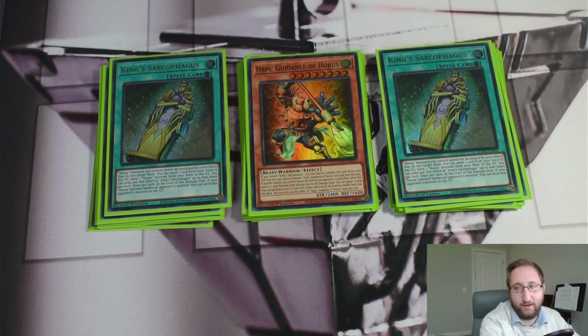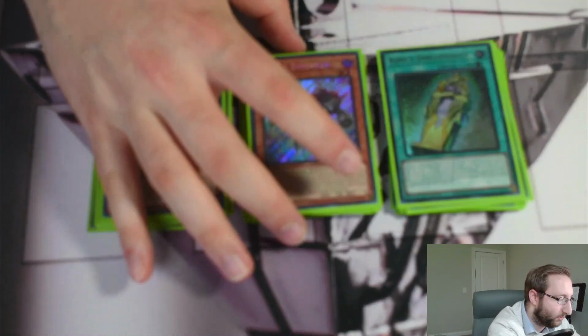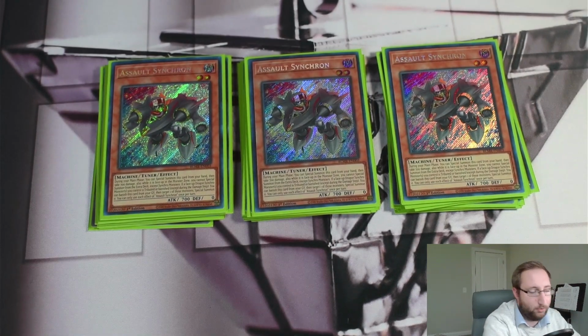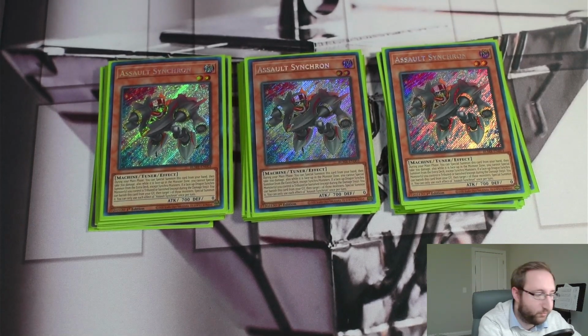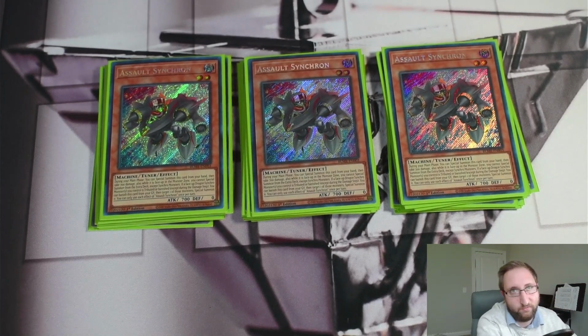And then where things get a little bit different is I'm actually main decking 3 Assault Synchron. There's so much potential in this card. I kind of wished I discovered this a little bit more back when I was playing Rescue Ace pre, I don't even remember. It wasn't even prevent or emergency, but there was just that pre kind of Rescue Ace where it wasn't as consistent pre Sinful Spoils, right? This fixes a lot of problems for that deck, and also fixes a lot of problems for this deck